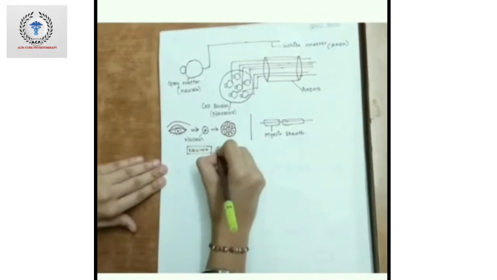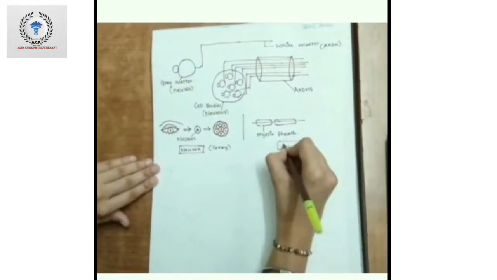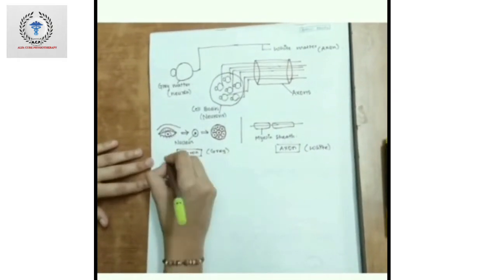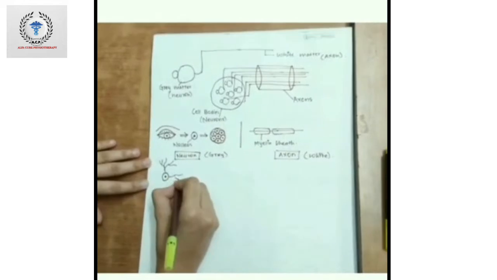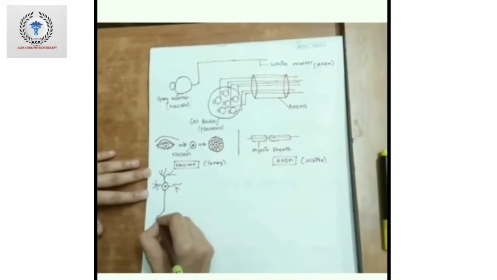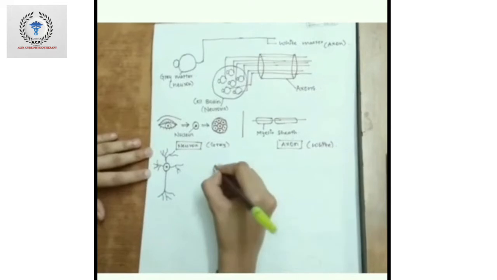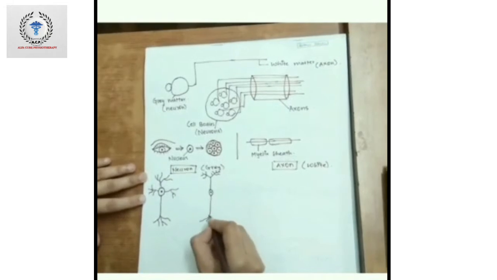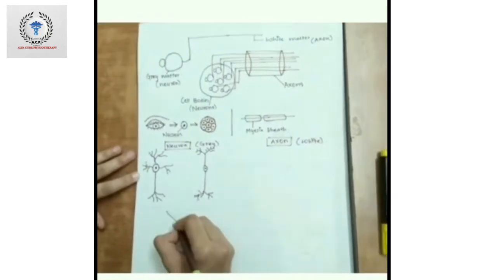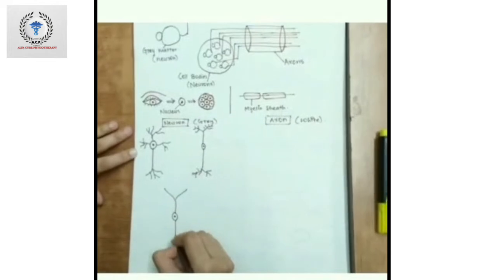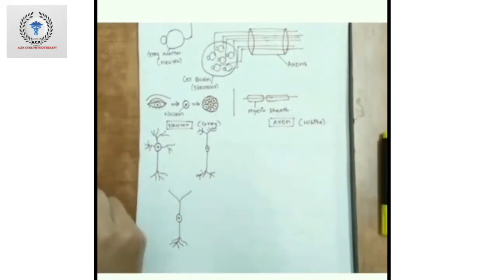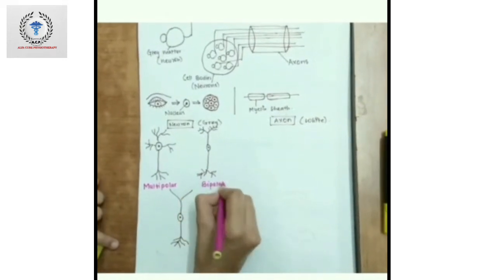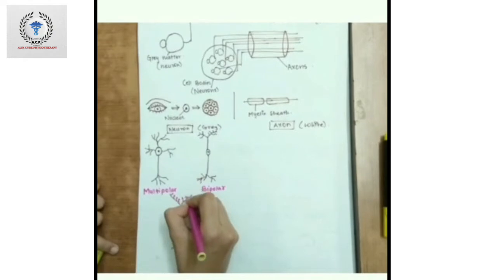Let's study the types of the neurons and types of the axons. There are 3 types of neurons and 3 types of axons. 3 types of neurons are multipolar neurons, which has many poles to it. Then there is bipolar neuron, which has 2 poles to it. Then there are pseudo-unipolar neurons, which are actually unipolar to begin, but becomes bipolar functionally. The first one is multipolar, the second one is bipolar, and the third one is pseudo-unipolar neuron.